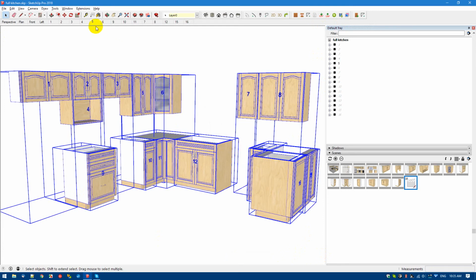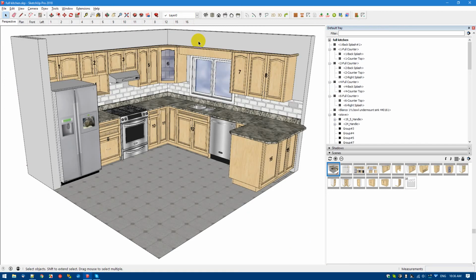Okay, and now what we're doing, you can see this moving across the top. We're just handling the images for all of the cabinets. This one's called Full Kitchen SKP,